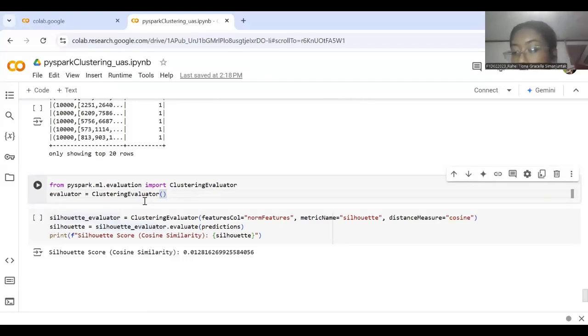It initializes a clustering evaluator for this purpose and computes the silhouette score using cosine similarity as the distance measure. The silhouette score is then printed, providing insight into the quality of the clustering and helping assess how well separated the clusters are. This comprehensive approach ensures that the clustering results are both effective and interpretable.